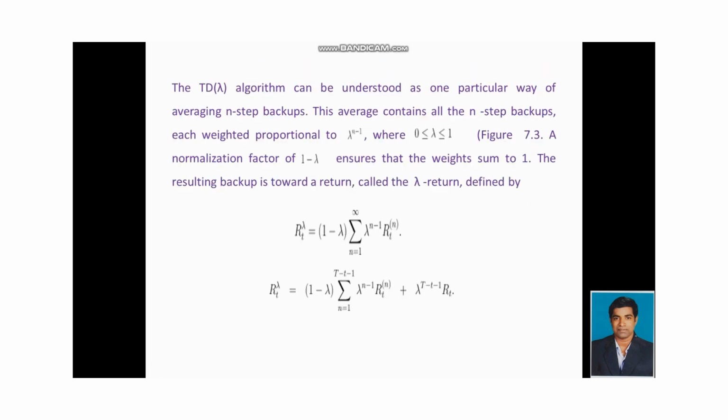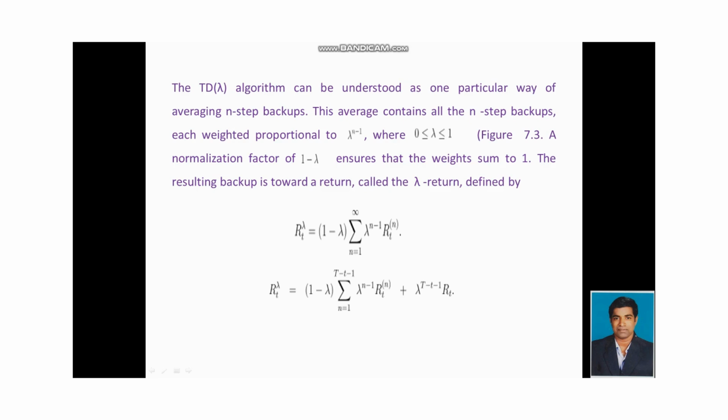TD lambda algorithm can be understood as one particular way of averaging n-step backups. The average contains all n-step backups, each weighted proportional to lambda power n minus 1, where lambda lies between 0 and 1. Normalization factor of 1 minus lambda ensures that the weights sum to 1. The resulting backup is toward a return called the lambda return, defined in mathematical format as R_t^lambda is equal to